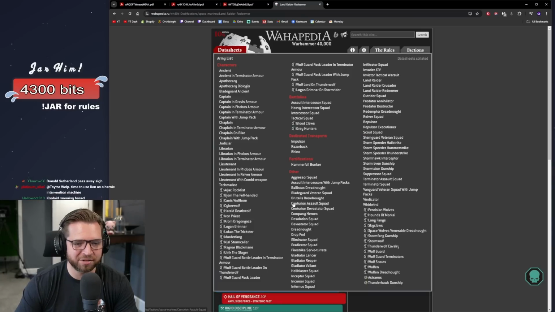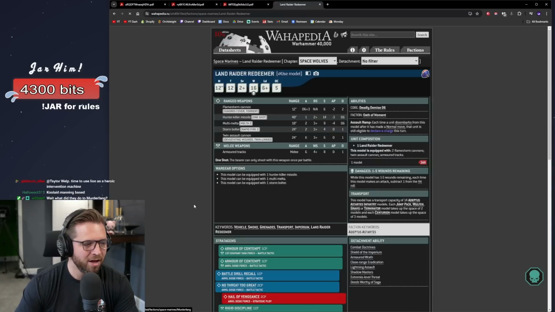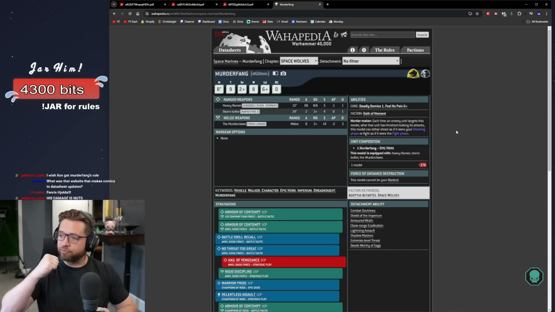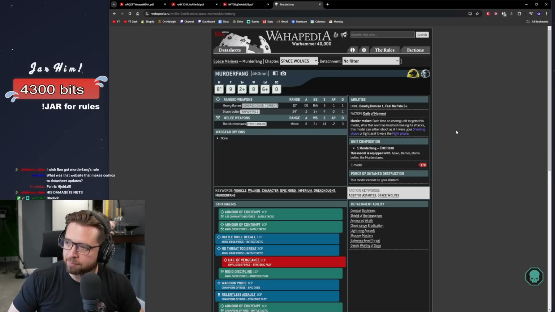So here's something kind of hilarious. Where's Murder Fang? Is he a character? Yeah, he is. All right, so chat, Murder Fang has an ability. Each time an enemy unit targets this model, after it's finished, you may shoot or fight as if it was your shooting or fight phase. So, Murder Fang runs in. He charges. He hits something and he goes,